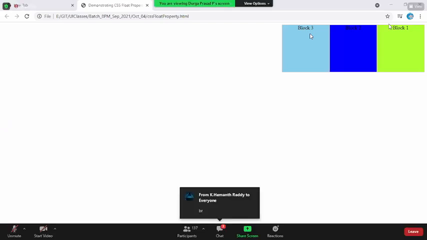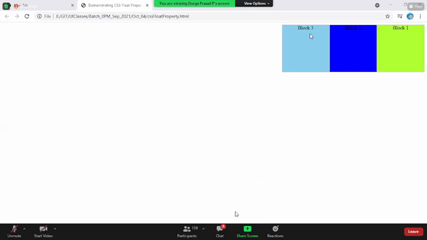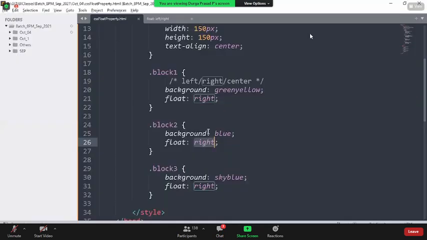If I break the chain in between, I already told you, if there are continuous elements, then only the problem is there. If they are not continuous DOM elements, and in between I have another element which does not have a float property, is the chain getting broken or not? Yes or no? Yes, sir. Broken. Let me finish this discussion, then I will show that part also. For example, block 1 is not left or right, block 2 is on the right side, and this one is also on the right side, or this one is on the left side.